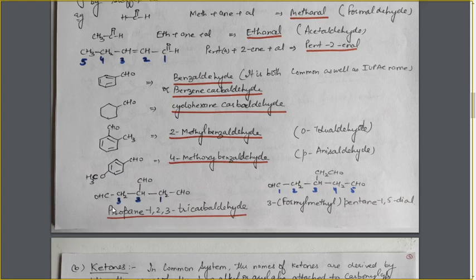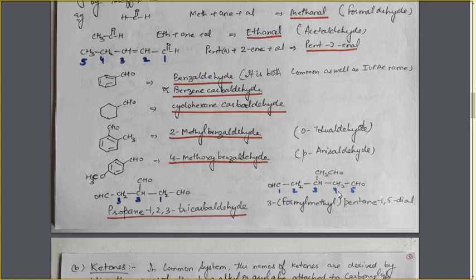So in this case, this 3 carbon chain will be taken as the main chain, and these 3 aldehyde groups will be indicated by another suffix, that is carbaldehyde. For indicating their positions, we will number it as 1, 2, 3. We can also number from this side, that is 1, 2 and 3. So the name becomes: for the 3 carbon chain, prop, and it is a saturated carbon chain, ane, and there are 3 aldehyde groups, that is tricarbaldehyde, and their positions 1, 2 and 3 are placed before this tricarbaldehyde. So the name becomes propane-1,2,3-tricarbaldehyde.